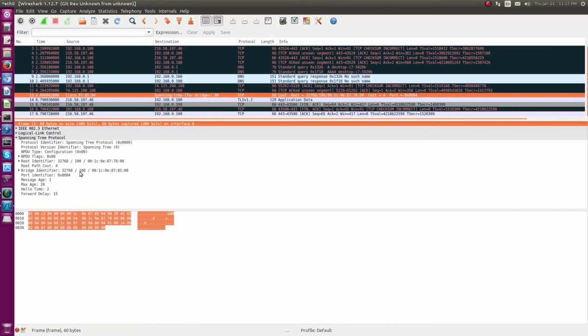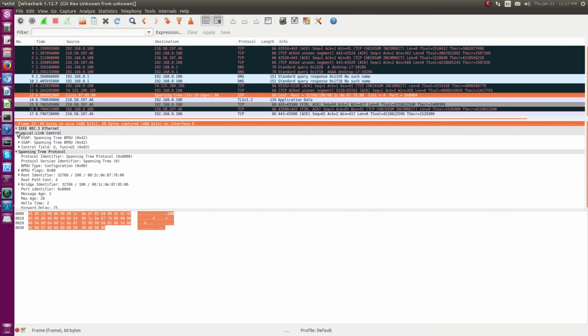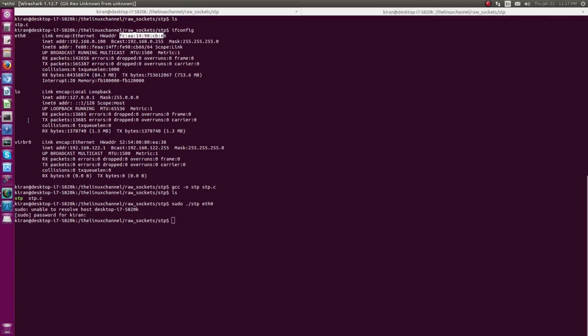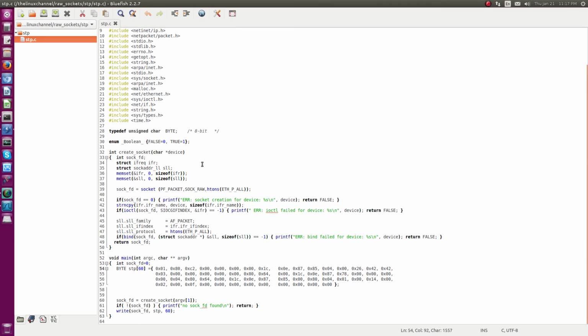Still it is generating the packet. So you can assume it's a sample HTTP packet, and the entire packet is generated. The entire frame is legitimate. So every time we see entire data link layer and the packet contents, you should call it as a frame, so that it's a kind of legitimate frame, as you can see here. So this is how you can generate a legitimate HTTP frame using Linux raw socket C programming. And in case if you want to generate any other HTTP packet, you can replace these bytes, and then you can replace its size accordingly.